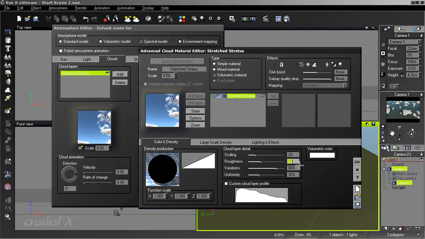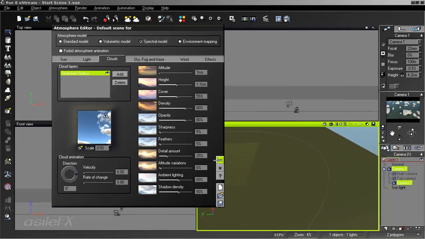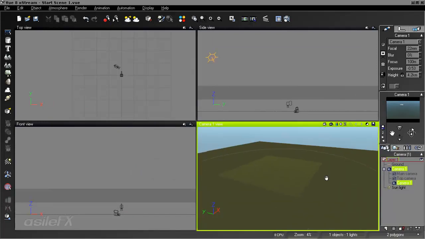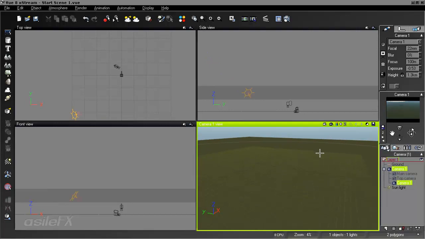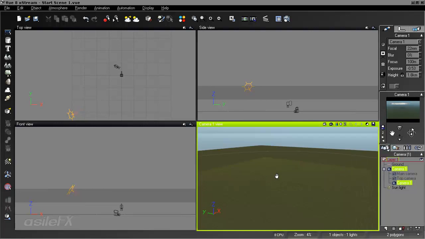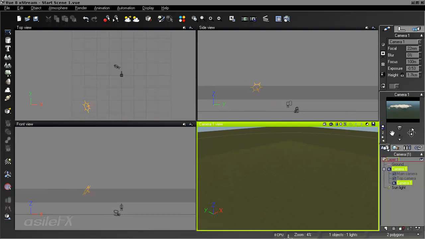Take the scaling, bring it down to 20, roughness 35, bring down the variations to 5, and let's take a look at the uniformity of cloud layer detail and really get into looking at the custom layer profile, which can be a very important part of controlling the shape of a cloud. So we just need to move the camera back to being above this layer and this noise circle,